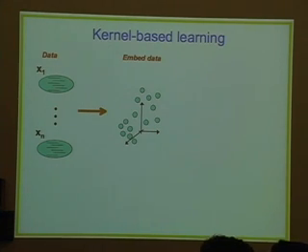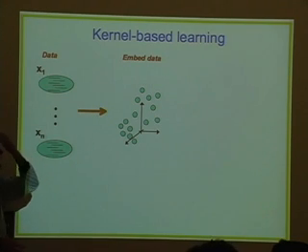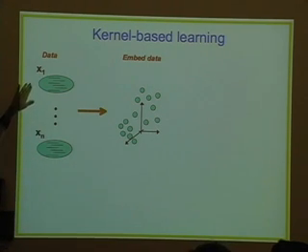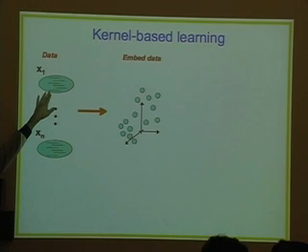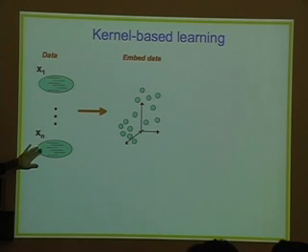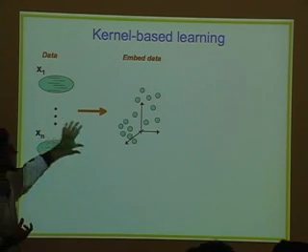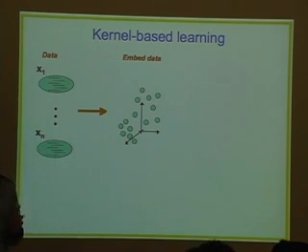So in kernel-based learning, what we do is we embed data points x1 through xn in a high-dimensional Euclidean space. The important part here is that each of these data points is actually described by some piece of information, which is this green ellipse here. But that piece of information could be anything. It could be the address of a person. It could be the sex of a person. It could be how web pages are linked to other web pages. It doesn't need to be numerical information per se. It's just some type of information which we then use to come up with this high-dimensional Euclidean embedding.